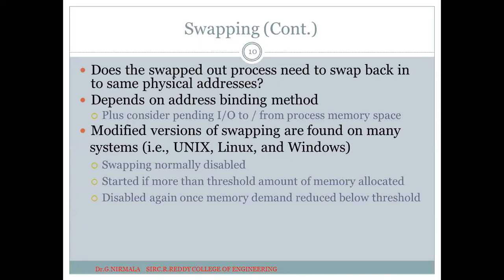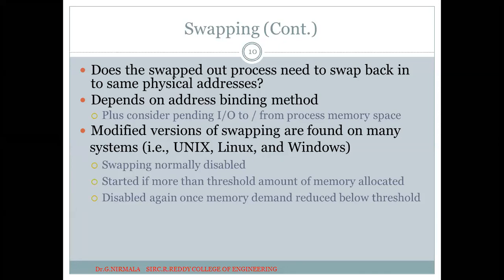During swapping, the CPU performs execution. In between, it may receive external interrupts, an IO signal, or external hardware failures. Then only swapping is possible. Why? Because once the swapped-out process is placed on the disk, it will be swapped in again and placed into the ready queue. From that ready queue, it will be assigned to the CPU. This is regarding the swapping operation, the main and foremost operation done by the operating system for efficient memory utilization.